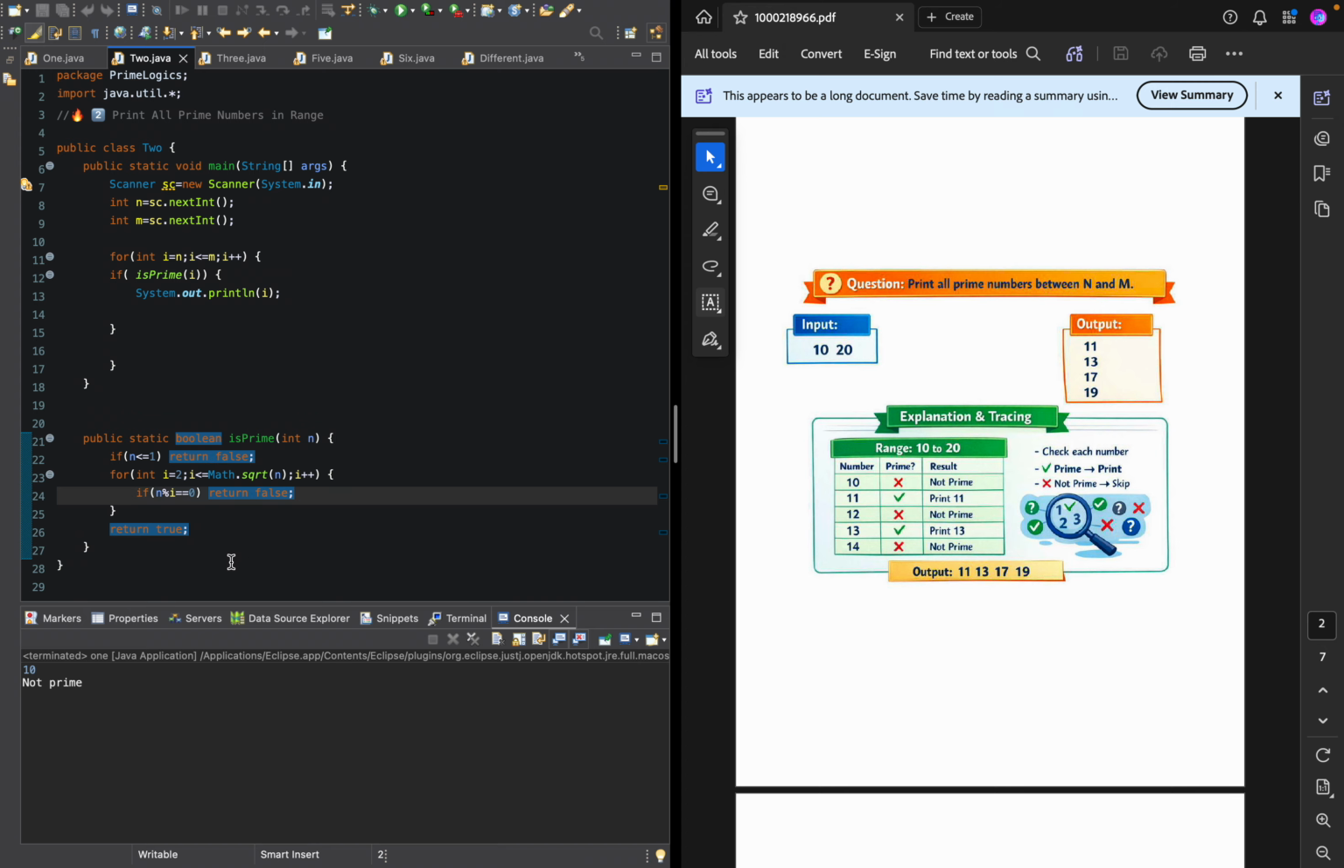Here the same logic applies. Nothing will change here; the only logic that changes is here. We will take int n equal to sc.nextInt() for n input, and for m input we take int m equal to sc.nextInt(). It will take the input as 10, and we will take 20, and from the 10th index up to the 20th index,